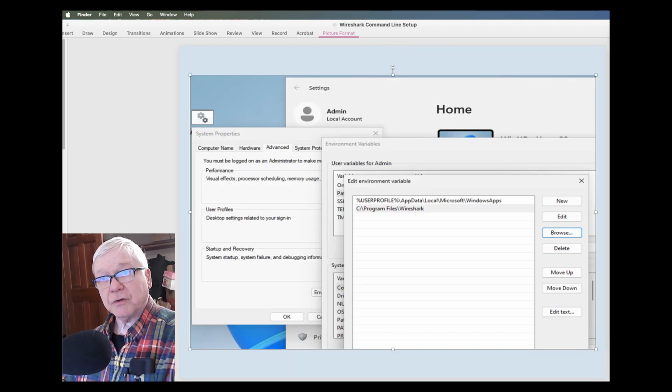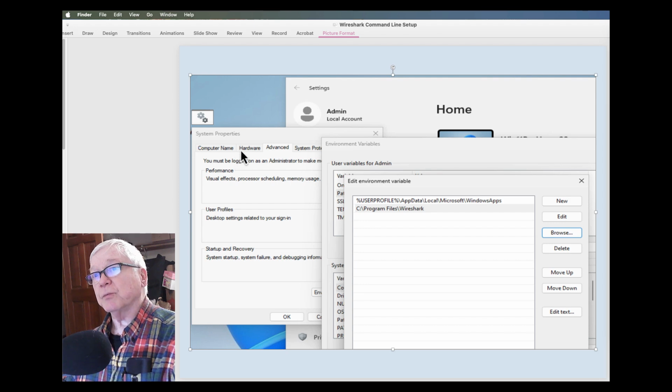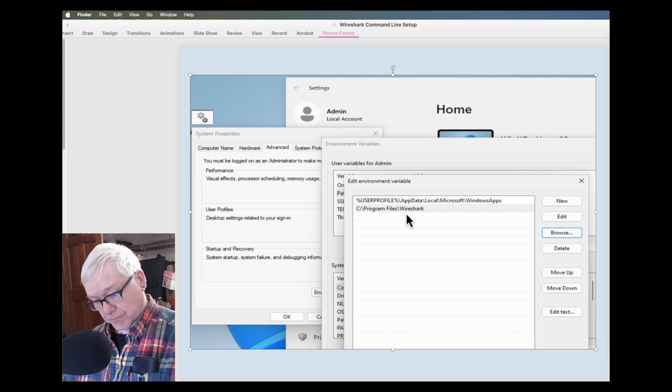That amounts to going in, looking at system properties, environment variables, editing the environment variable, clicking on new, and adding the path where Wireshark is currently installed, which typically is C:\Program Files\Wireshark. And then in theory, that gives the operating system access to both the Wireshark application and the command line tool applications.